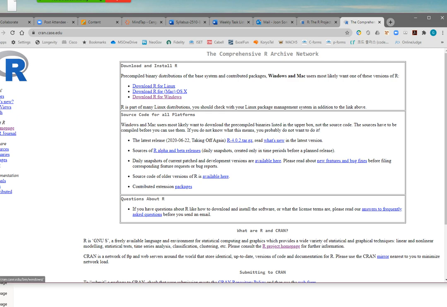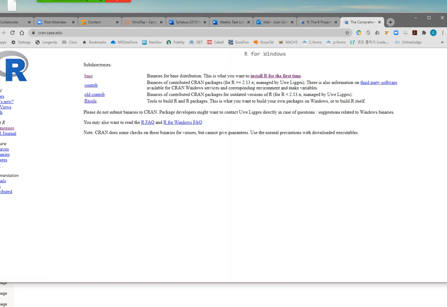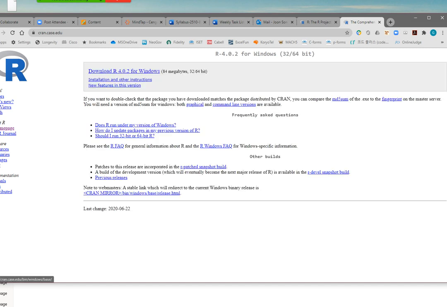But let's say download R for Windows, and then install R for the first time. You need to click this and download 4. So this is the latest, but it depends. You don't have to really install the latest version, especially for this class.